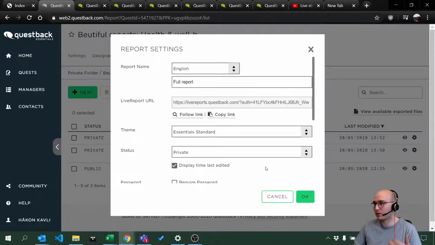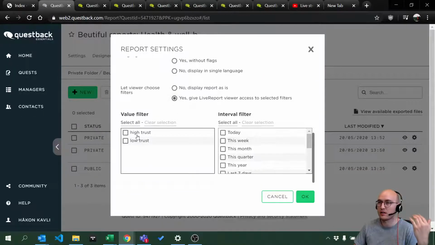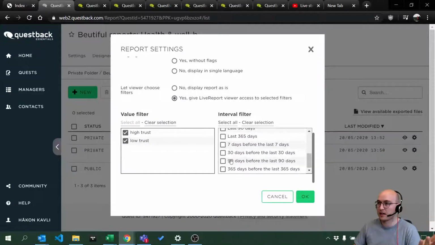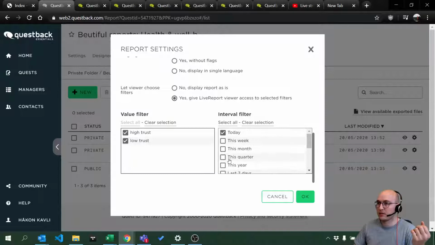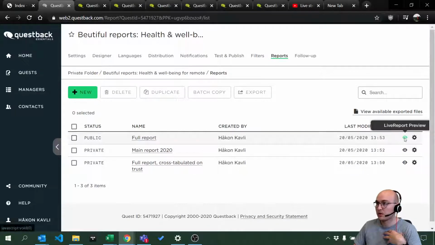So what I wanted to do now was to give my report viewers access to using filters themselves. So I'm adding to the two value filters that we've created previously, and I'm going to add some interval filters so that they can actively drill down our results based on these filters if they feel like it. So going to the live report,